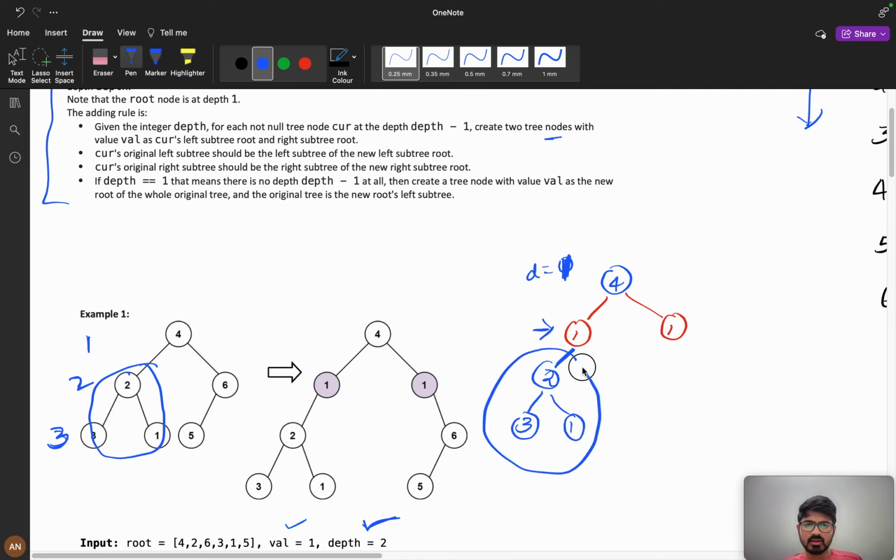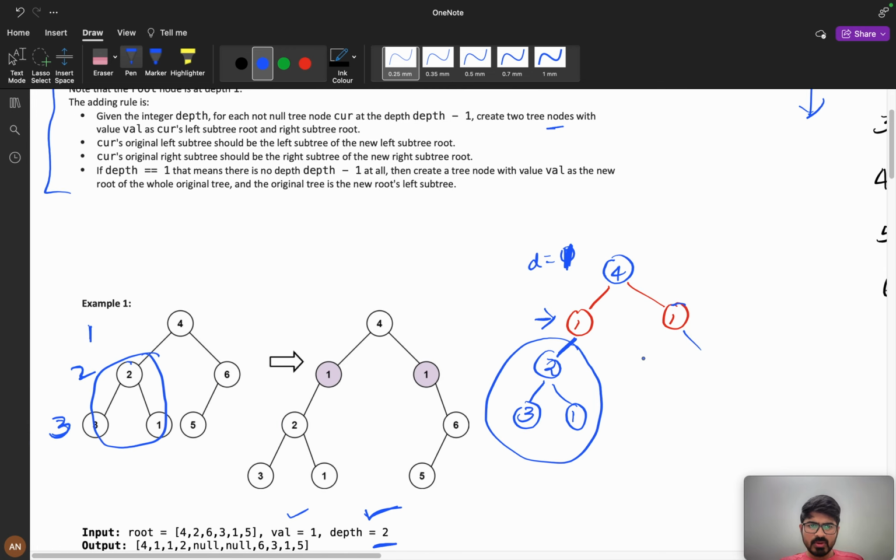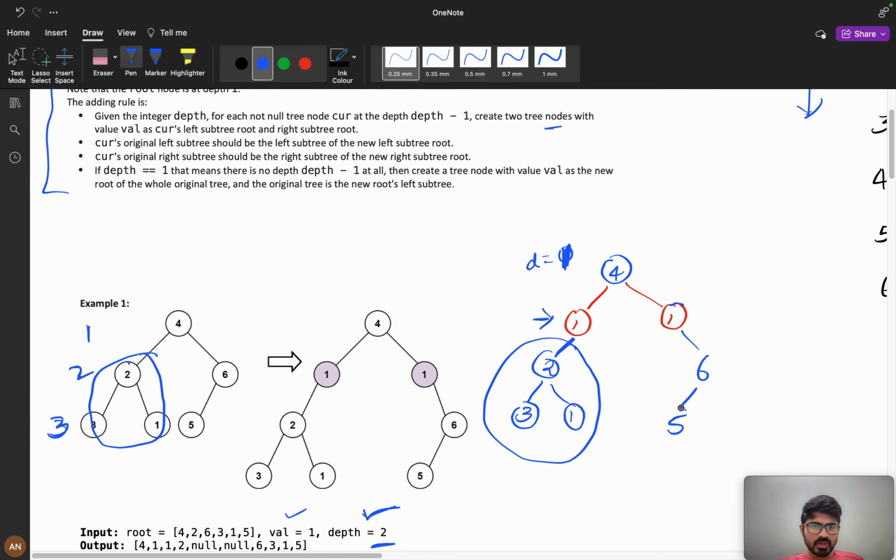So this is my new left subtree. The same applies here. Current's original right subtree should be the right subtree of the new node. This is my new node, and to my right I have 6 and I have 5. And this is my new node. So I think you have got it, how exactly we formed this.